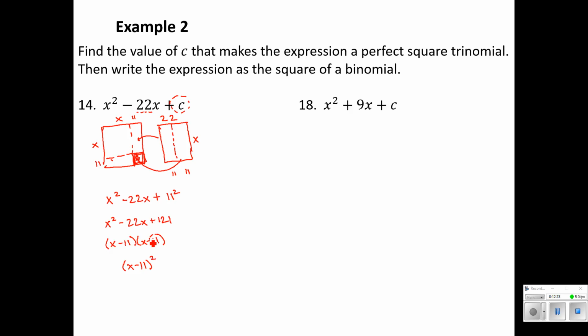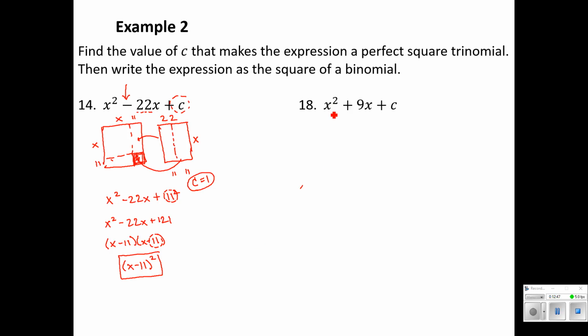You'll keep seeing this number that you squared to get your c value. You'll keep seeing that show up with the same sign as your b term inside that factor. That is a pattern that holds true. So I guess we should have said c equals 11 earlier up here.